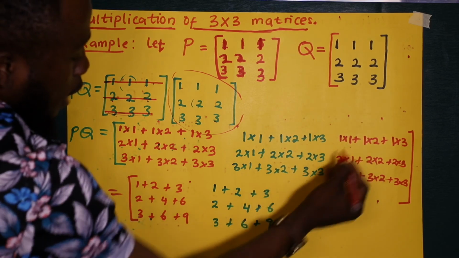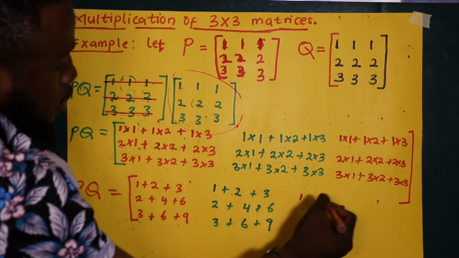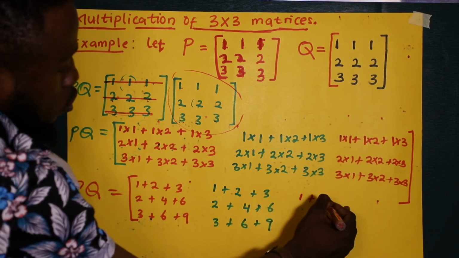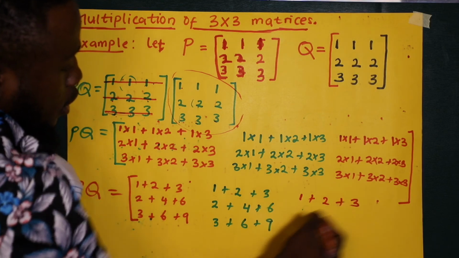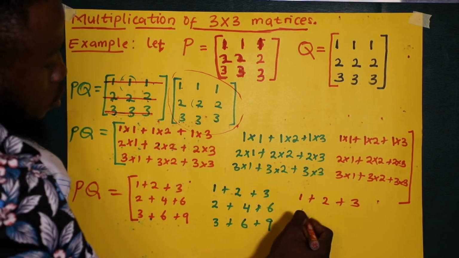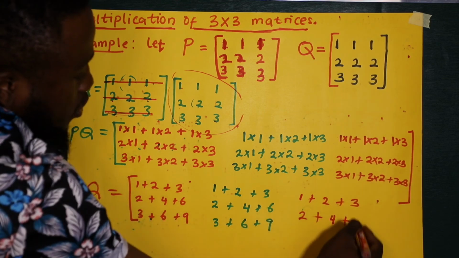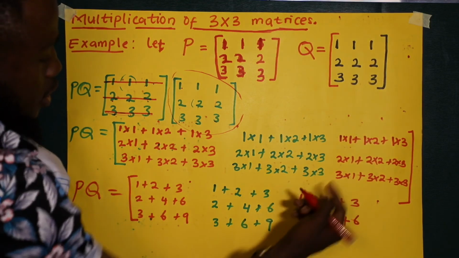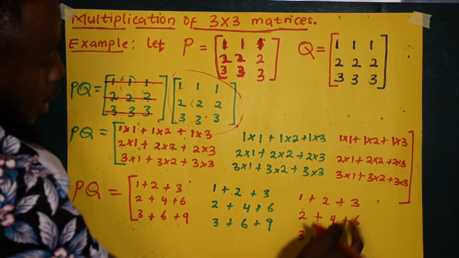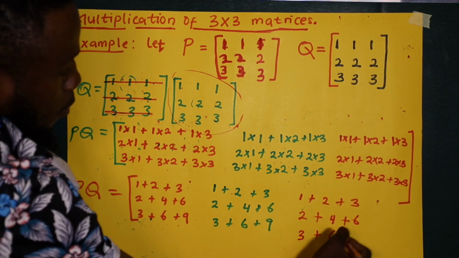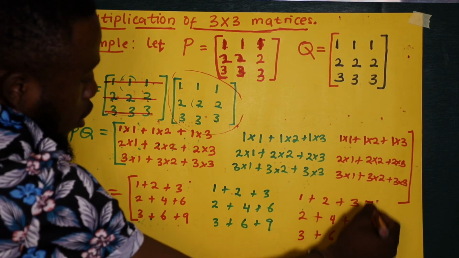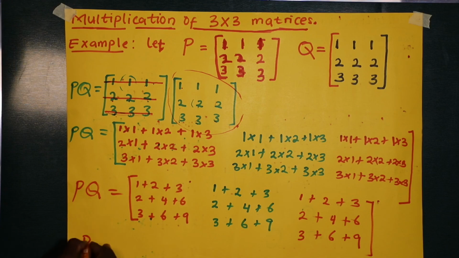Then 1 times 1, 1, plus 1 times 2, 2, plus 1 times 3, 3. 2 times 1, 2, plus 2 times 2, 4, plus 2 times 3, 6. Then 3 times 1, 3, plus 3 times 2, 6, plus 3 times 3, 9. Then you close the matrix. Now matrix PQ will be equal to